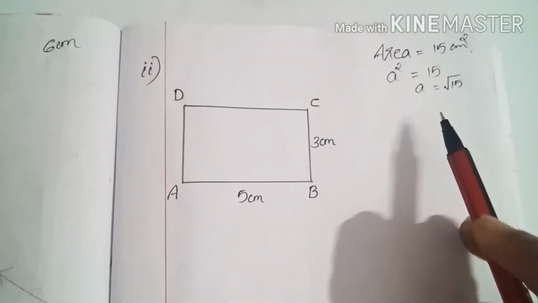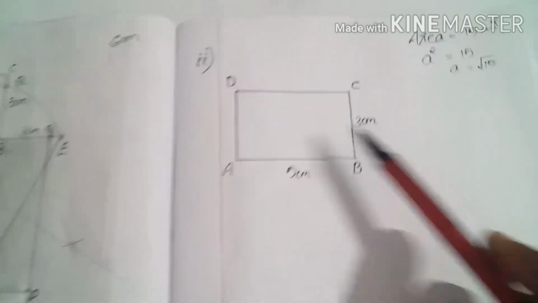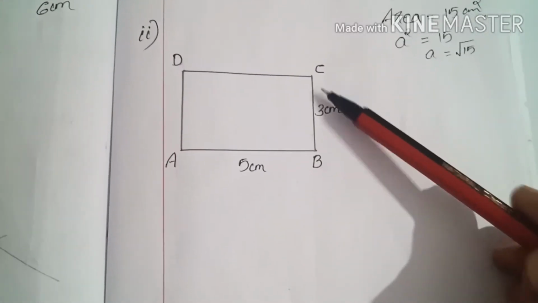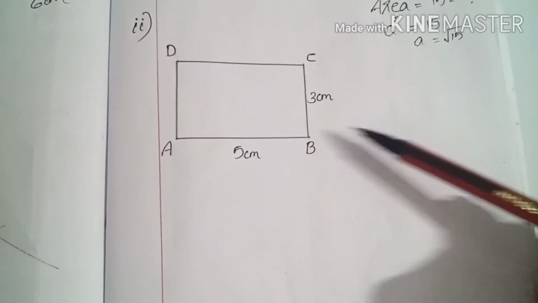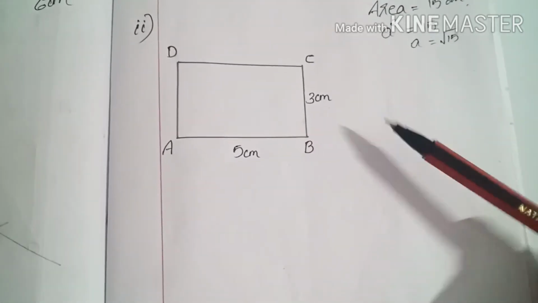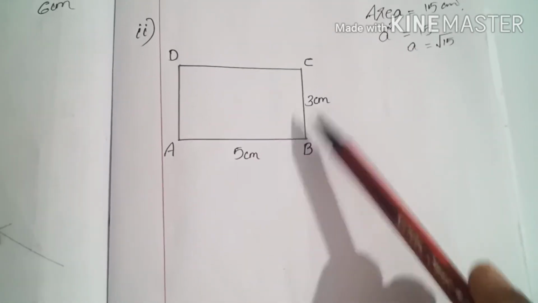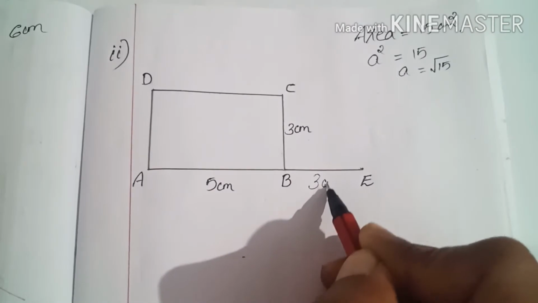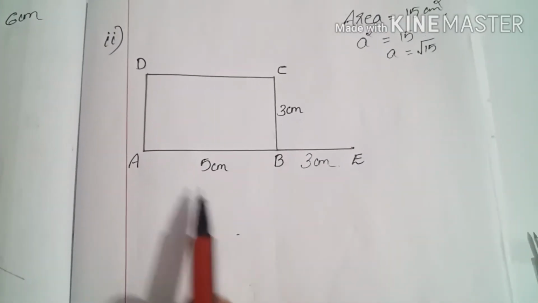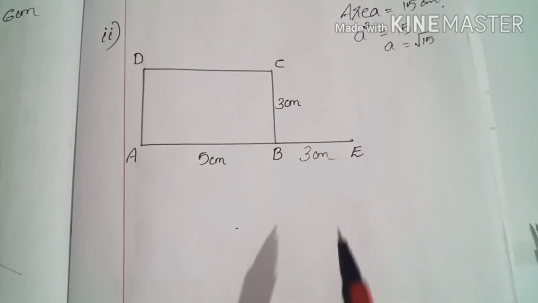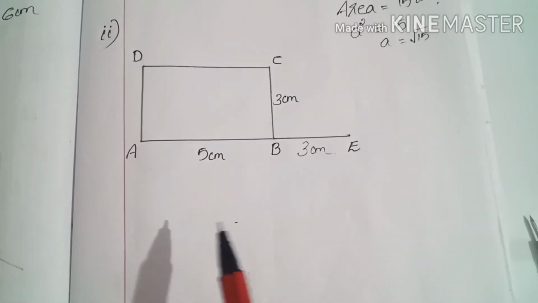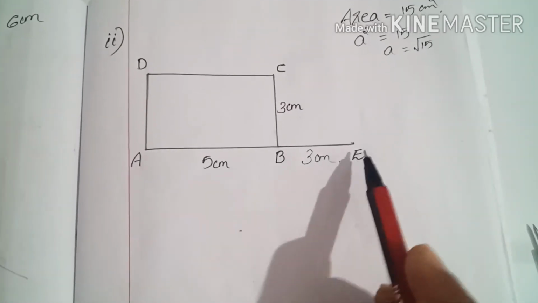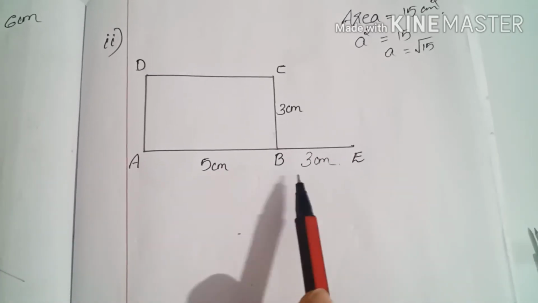So for that, the method is somewhat the same as the previous method. The first step is the same: extend this height of 3 centimeter from the line AB. Extend like this; here it is 3 centimeter. 5 into 3, 15 centimeter square we draw. Next, the method here is very easy compared to the first one. Here we got a total 8 centimeter line, from A to E.